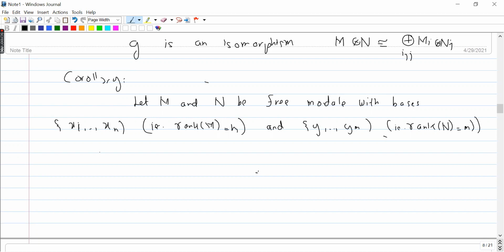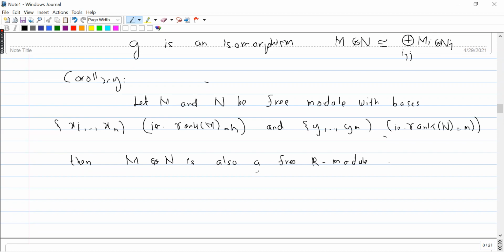Then what is the claim? Then m tensor n is also a free R module